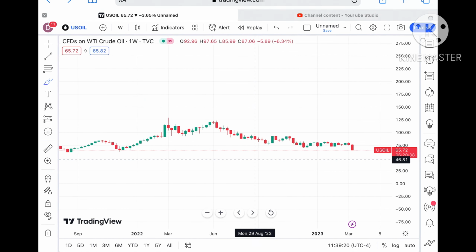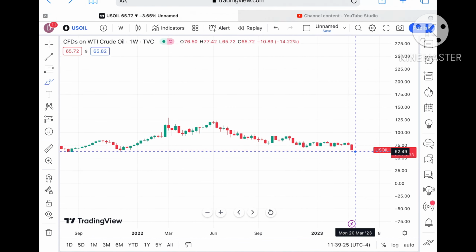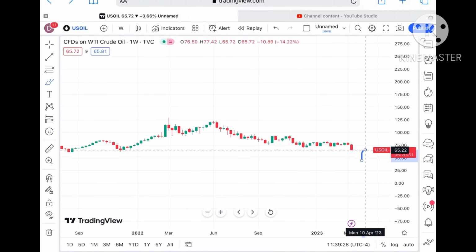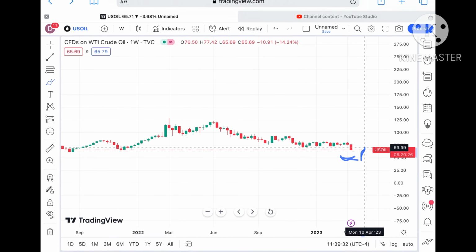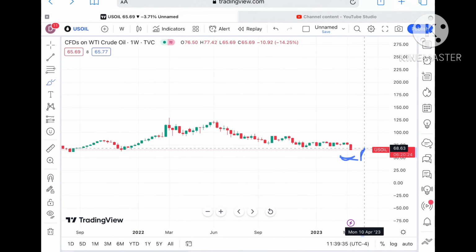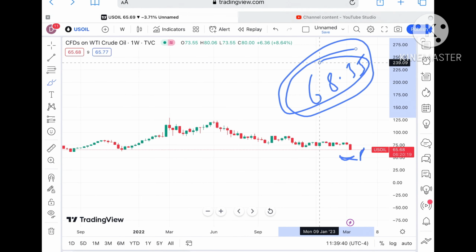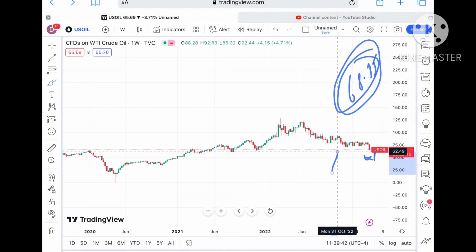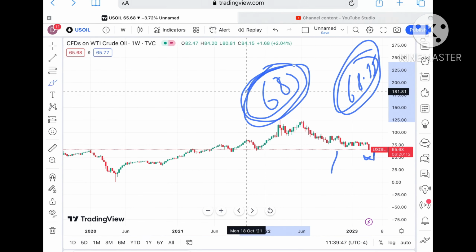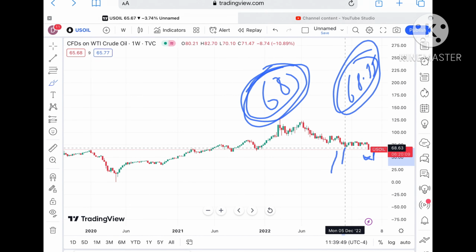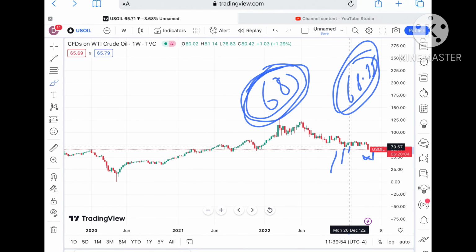Now if you look at this particular trend, this is the range where the price of crude was moving for so long. Suppose the price sustains in this particular zone, or forms a swing at this particular level, we can see it can go further upside, and the probability of going further upside we can see at a level of around $68.35. As I have already explained, 68 was a support before. Now the price has moved below, and it is acting as a resistance. So once the price sustains above $68.53, chances are very high it can go further upside,